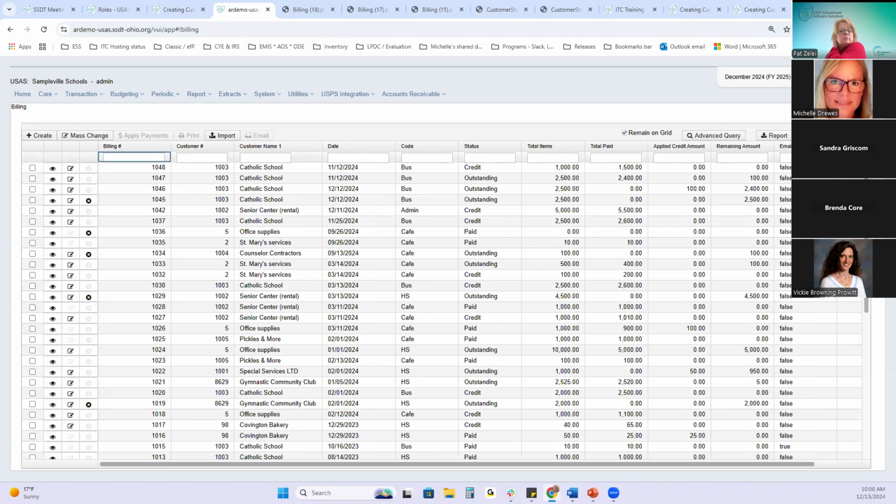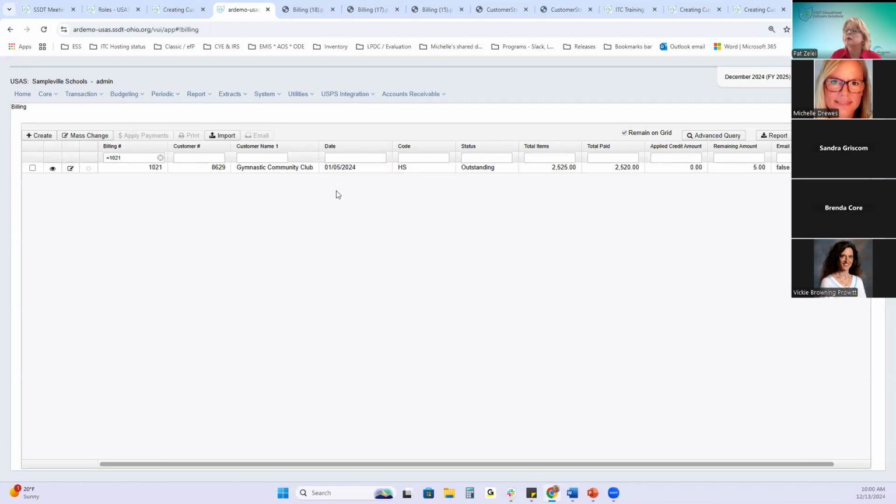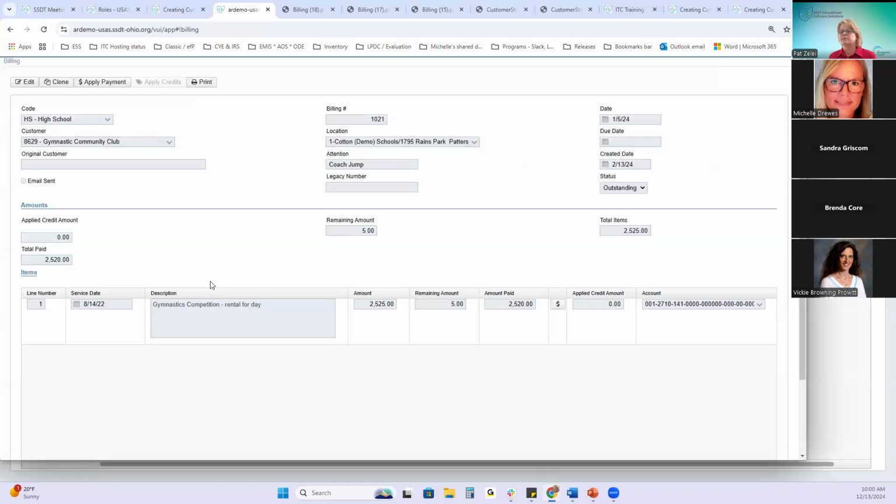If it does have payments, the billing can't be deleted, but the balance still needs to be canceled. So I'm going to pull up an example. They're not going to pay the $5, so we're just going to write it off. When we view this, we can edit it